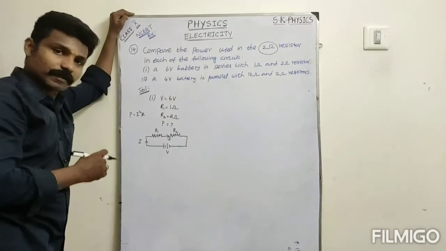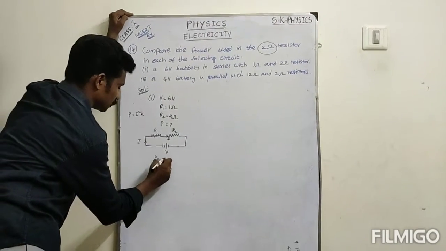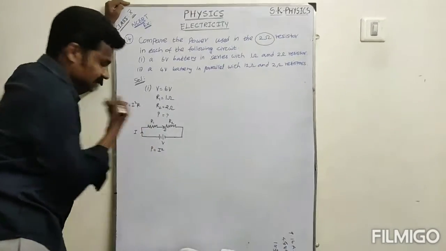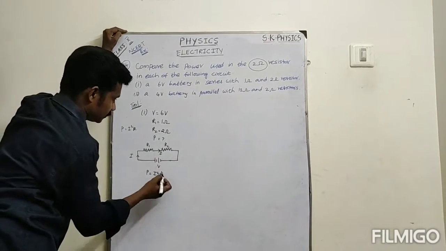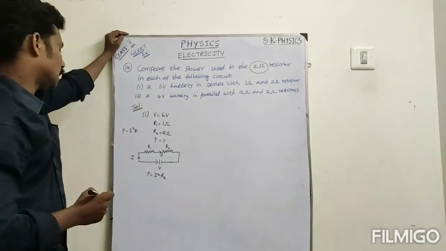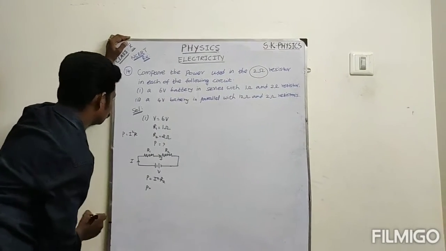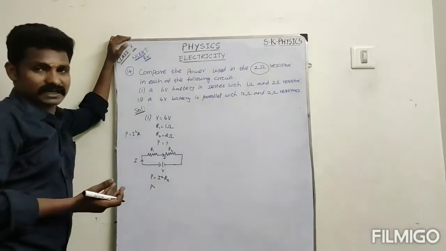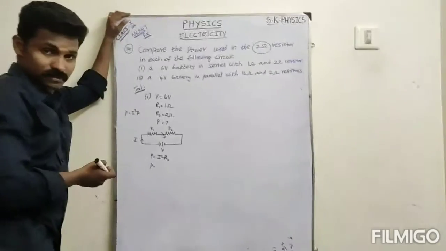So here we are going to calculate the power value. I can write the formula: power is equal to I squared R. Why do I use I squared? Because in the series connection current is constant. So I squared into R, where R is specifically 2 ohm, that is R2. And the next one, P is equal to I squared R. So we should find that I squared value, that is, the current value. So how to find the current value? First we must calculate the current value, then only is it possible to substitute here.